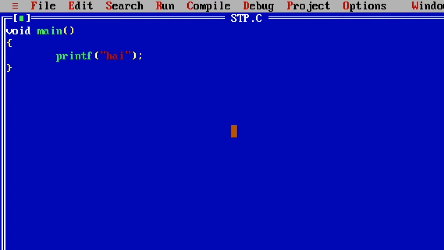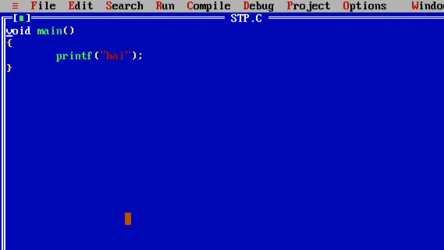Like that, I am creating a C program, compiling it, executing it, and showing the result in the output screen.